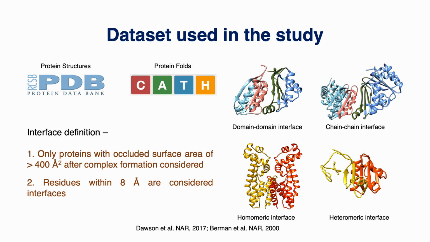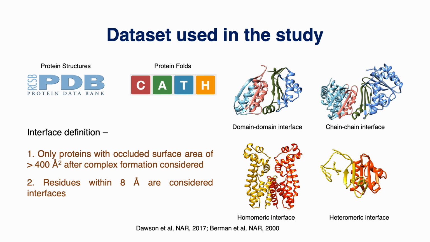So the datasets that we use in the study are: we get all the protein structures from the PDB, and we get the domain definitions of the protein folds from CATH. Again, our datasets contain both domain and chain interfaces. Our datasets also contain interfaces that are both homomeric and heteromeric. Over here in the lower panel, the first one is a homomeric interface, where the interface is between two chains or domains that belong to the same fold,